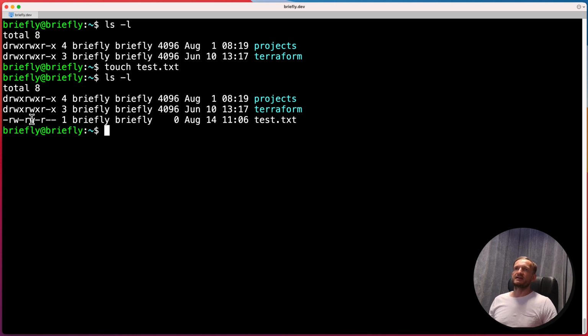So let's then decrypt the values. R is for read. W is for write. And X is for execution. Execution in the